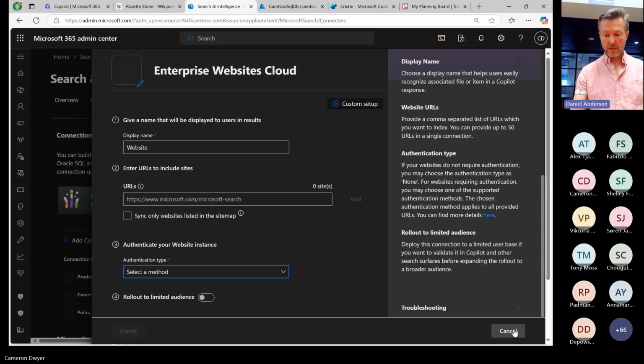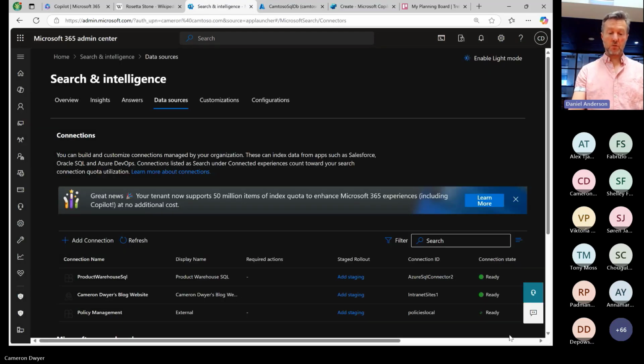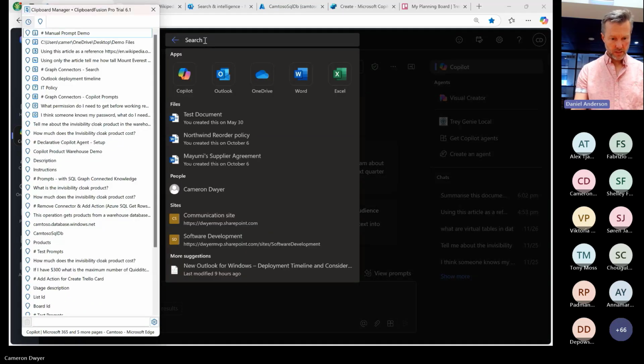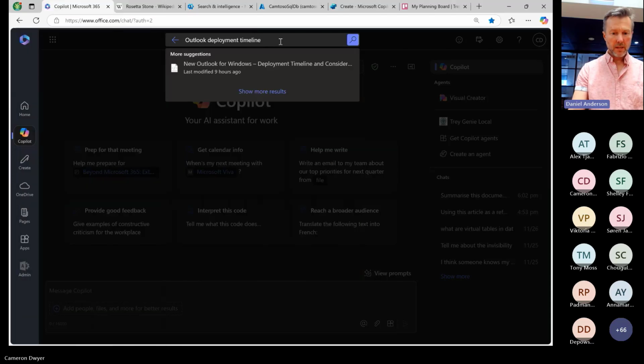And that information then becomes available, and Copilot will actually ground in that data just like it would ground in the data that's stored inside of your Microsoft 365 environment. So let's have a look what that looks like. And actually, I'm not going to start in Copilot for that. What I'm going to start in is just in Microsoft 365 search, because what I want to show you is the graph connectors existed before Copilot.